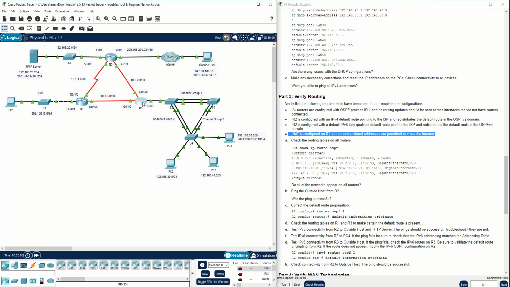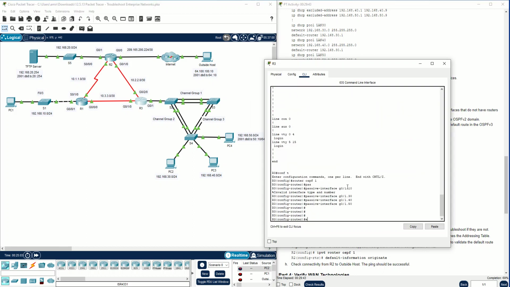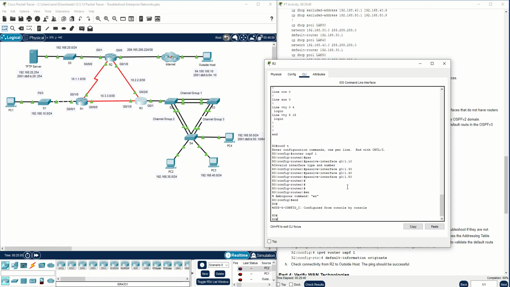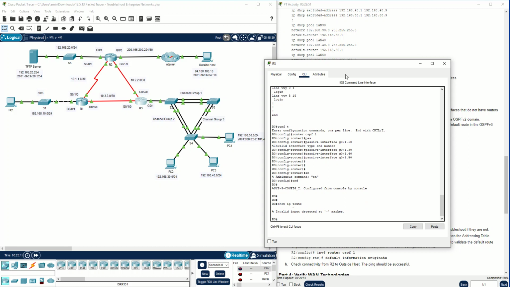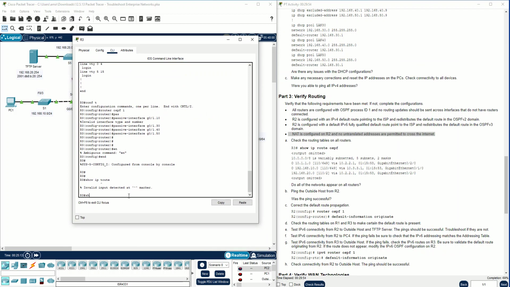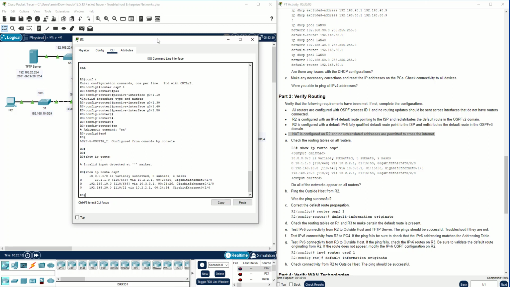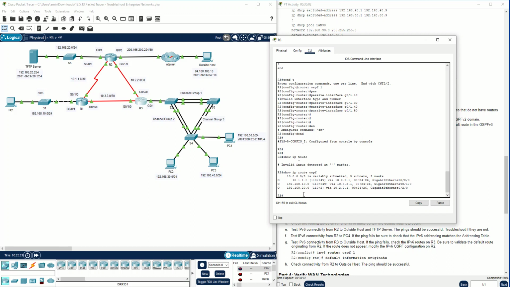And also you can go here and check, show IP route OSPF. You can see, for example, router 3 has learned 10.1.1.0 from G0/2 from here,